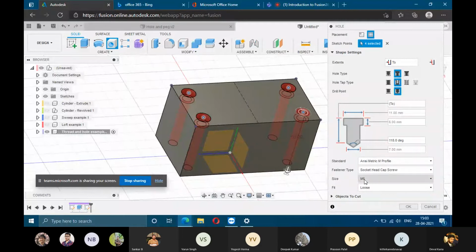So the screw diameter will be 6 mm, and here you have 7 mm. If I choose the close fit, it will be 6.4. So the screw will have less room to move. So these are all put in as a library within this tool, and this eases your tasks a lot,